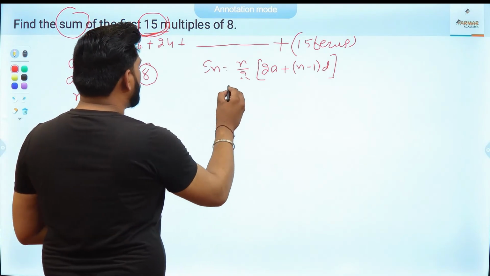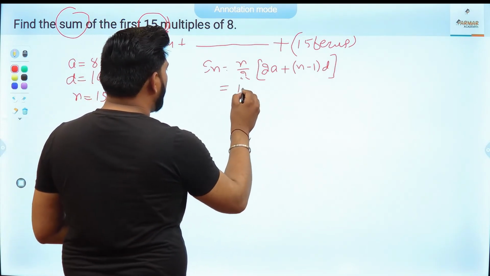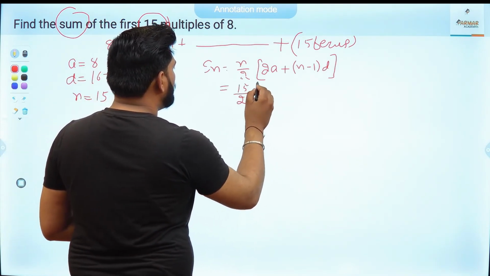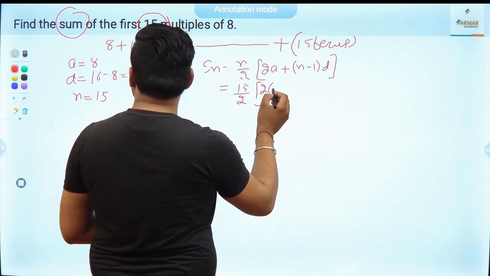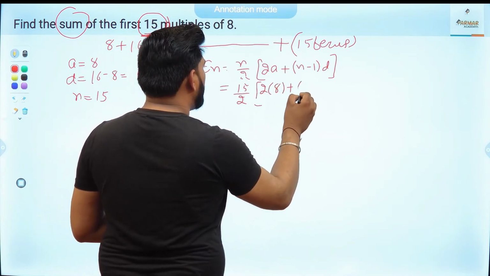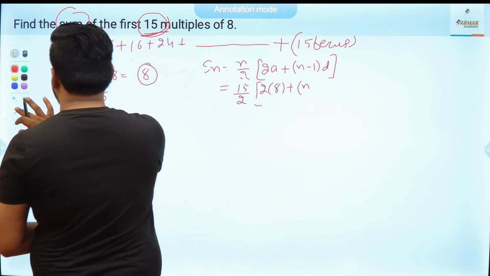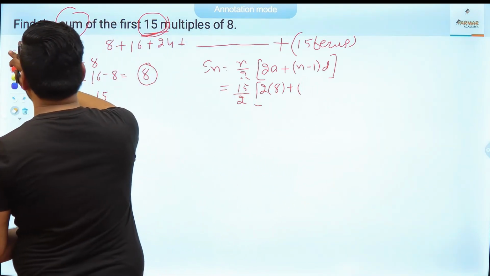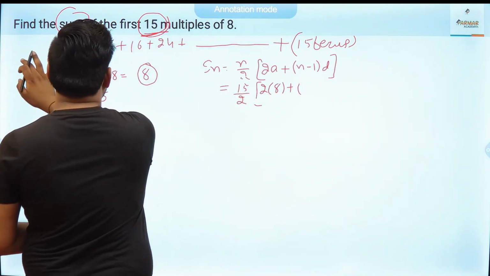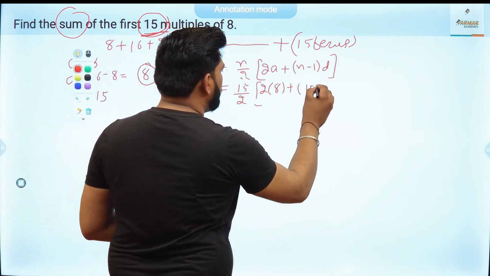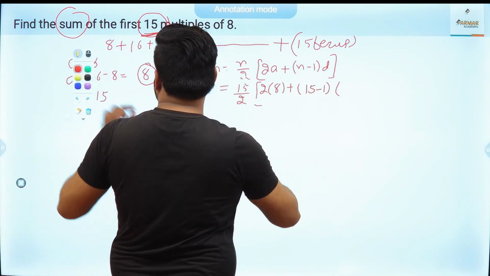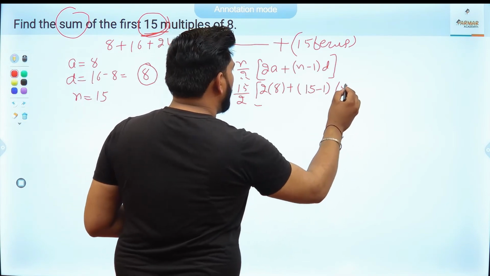So n upon 2 means 15 upon 2, 2a, that is 2 multiplied by 8, plus n is 15, that is 15 minus 1 into difference, and difference is also 8,